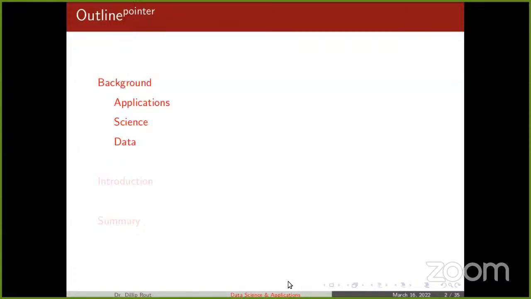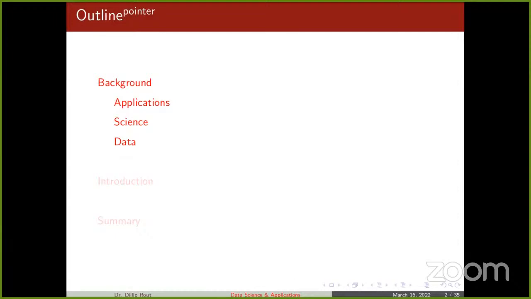So if I go by the title, in the title there are three words basically, okay? Data science and applications. So we are going to break it into these three words, and we'll look into the details of each of those.